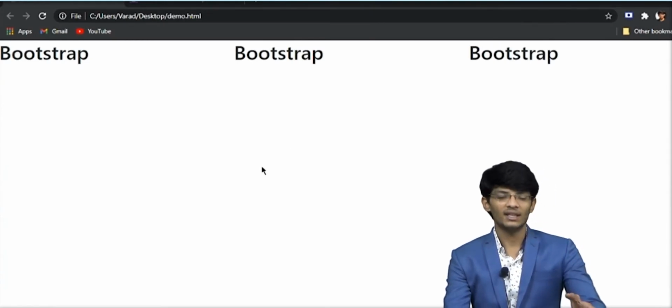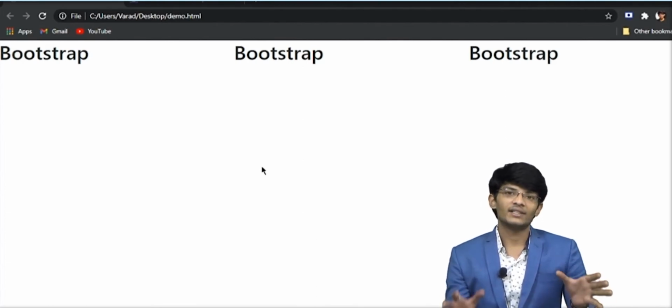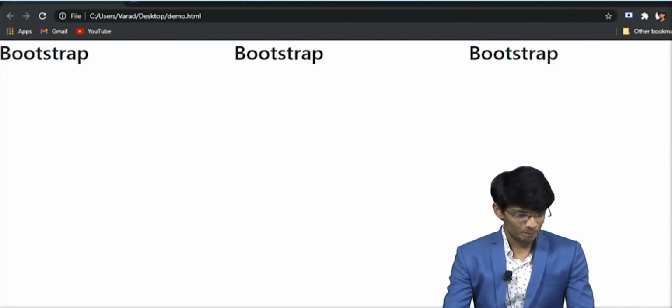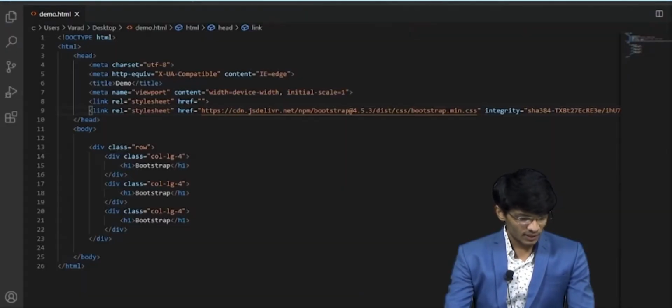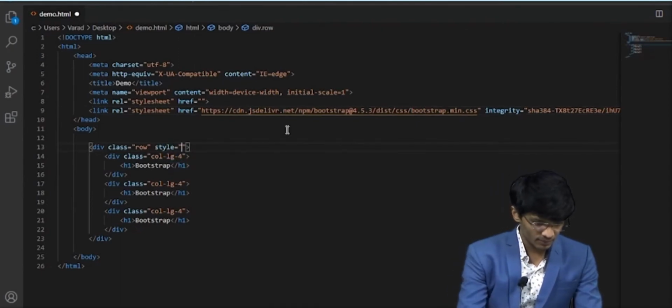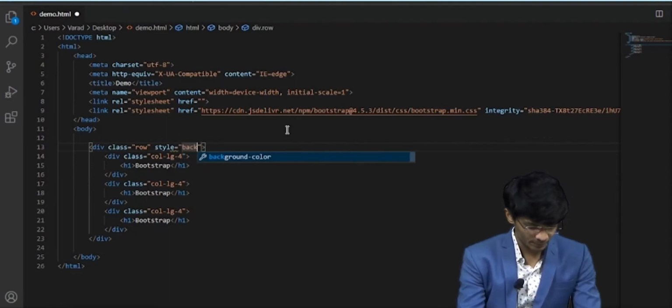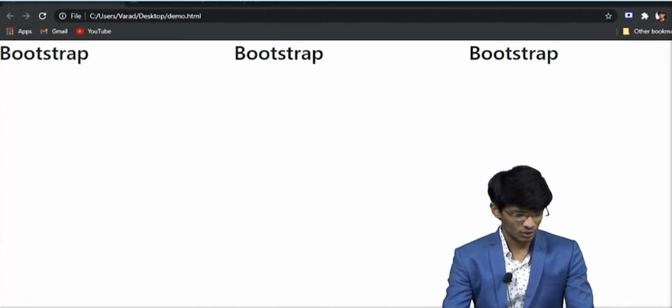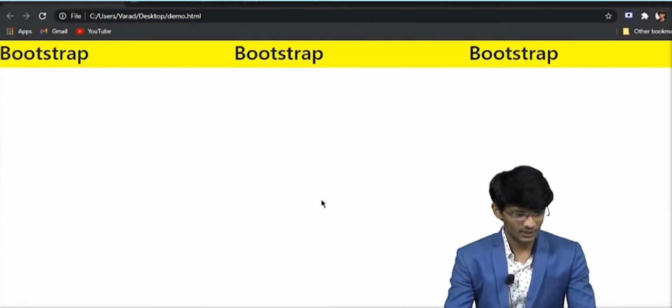As you can see, the text automatically adjusted itself as we defined. Now if we try to color the row, just give it a style, background color, just for reference, and check it.